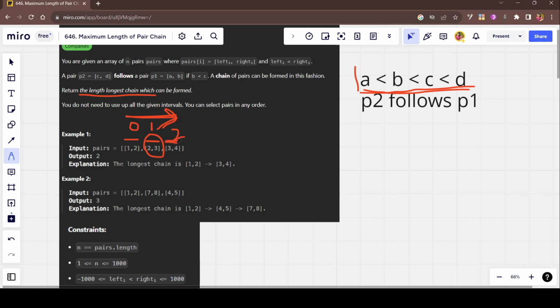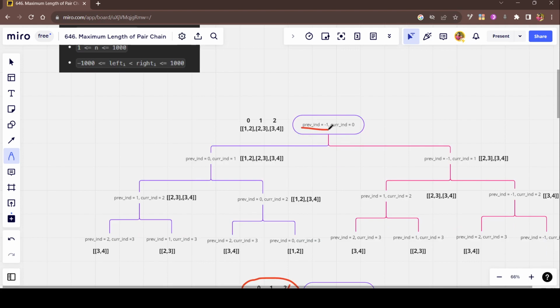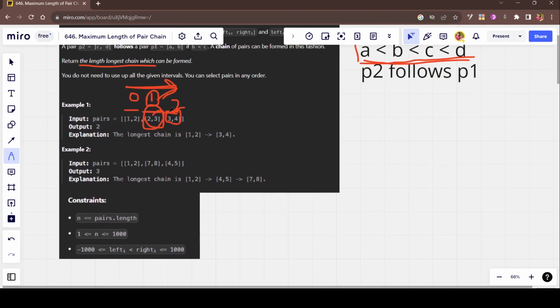If your current index is there, you have to keep track of a previous index. Otherwise, how will you check this? If you don't have an index, or a pointer, which I named here previous index,